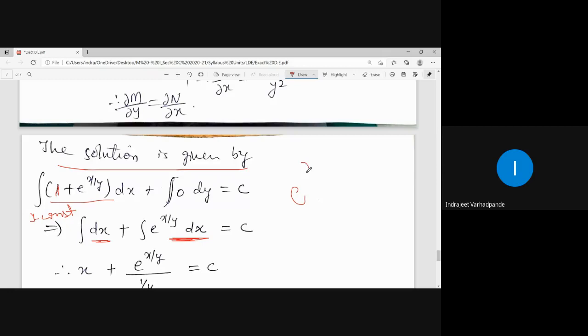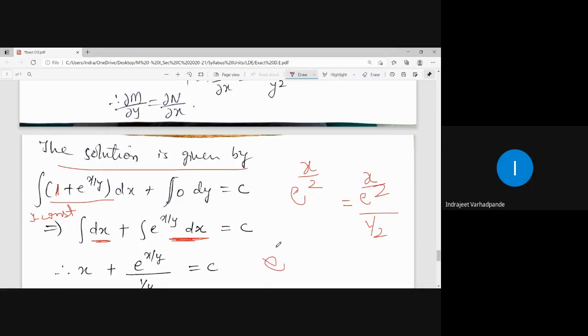Now tell me, what is integration of x by 2? X square by 4? x square by 4, where will x square come from, beta? The integration of e to the power x by 2 is e to the power x by 2 upon 1 by 2. What is constant here? x by 2 means x into 1 by 2, 1 by 2 is constant, so constant will be divided here. So integration of x by 2 is e to the power x by 2 upon 1 by 2.